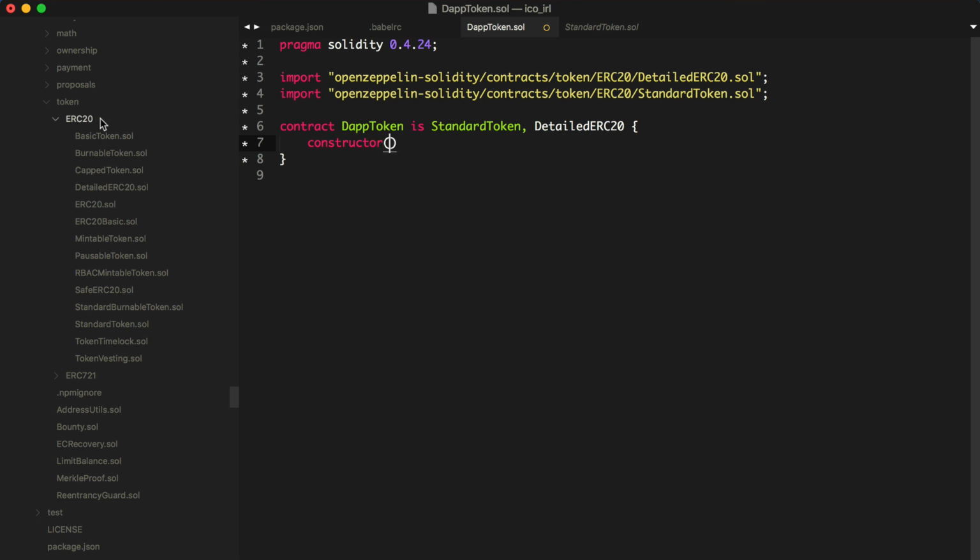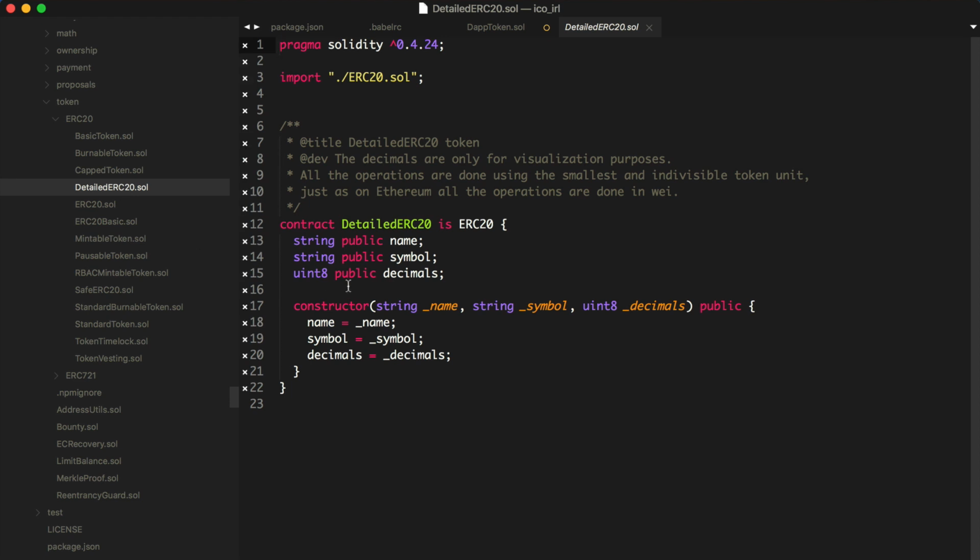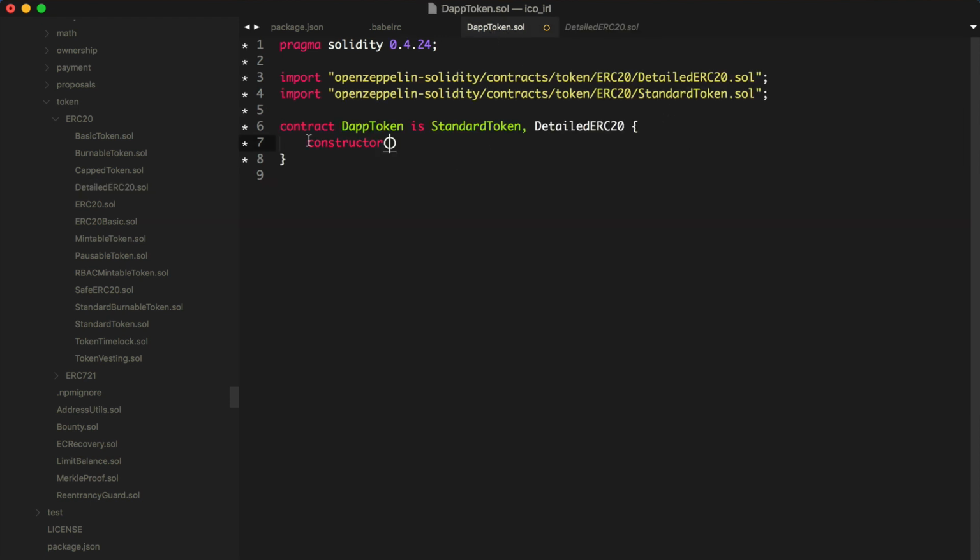If we go back to the DetailedERC20 token here, we can see that it expects a name, symbol, and decimals. So I'll copy this and say the constructor needs a name, symbol, and decimals. And this can be public. We can separate this onto some new lines. Actually, let's do it this way. And how this works is